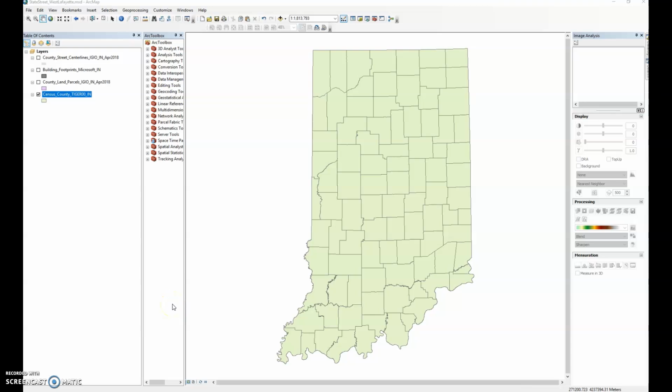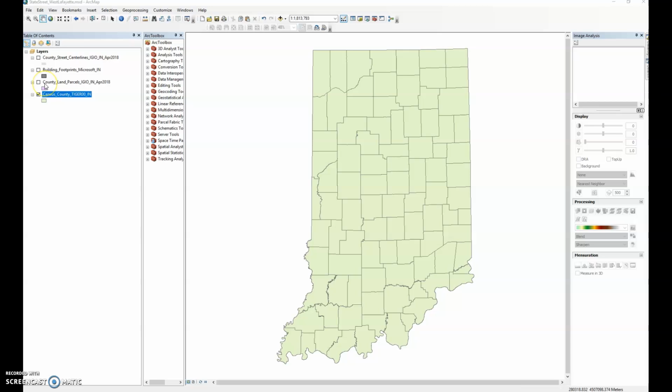Now that you've downloaded the data from Indiana Map, it's important to go ahead and bring it into the ArcMap environment and start to manipulate this data so that we can symbolize it and really focus in on what we need to create our base map and then the subsequent maps of downtown West Lafayette, so the site analysis diagrams. So, with the 4 layers you've downloaded, they're actually all represented on here,